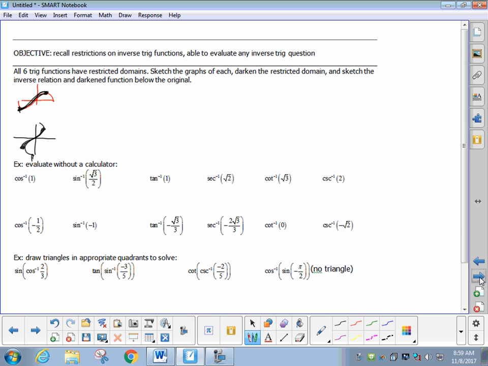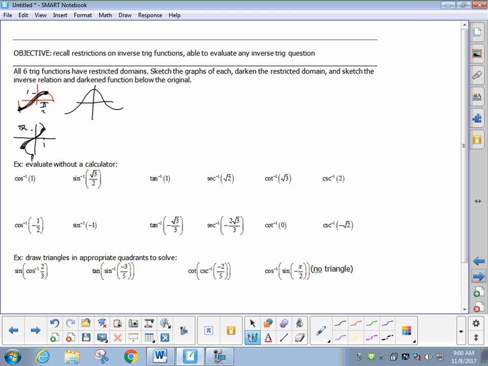Just so we're clear on the scales, what's on the horizontal scale of the original graph? Angles or side ratios? Angles. It's pi over 2 here, and max opposite to hypotenuse ratio of 1 there. So on the inverse, it's 1 on the horizontal and pi over 2 are angles on the vertical. As we switched, yeah? Okay, so cosine looks like this,